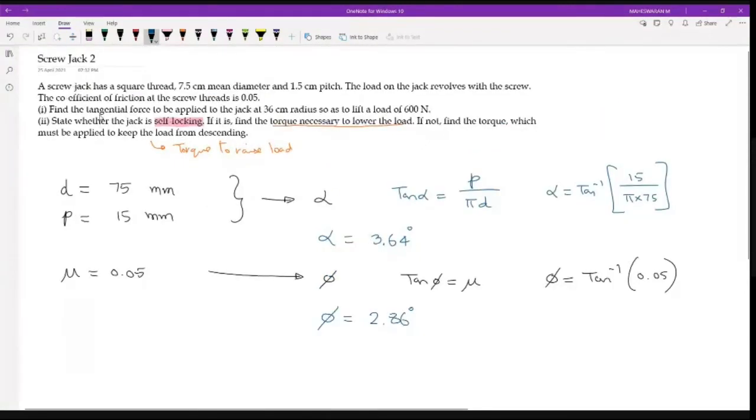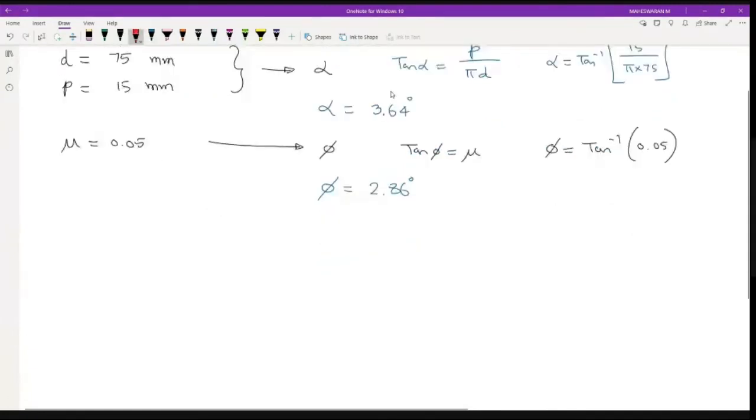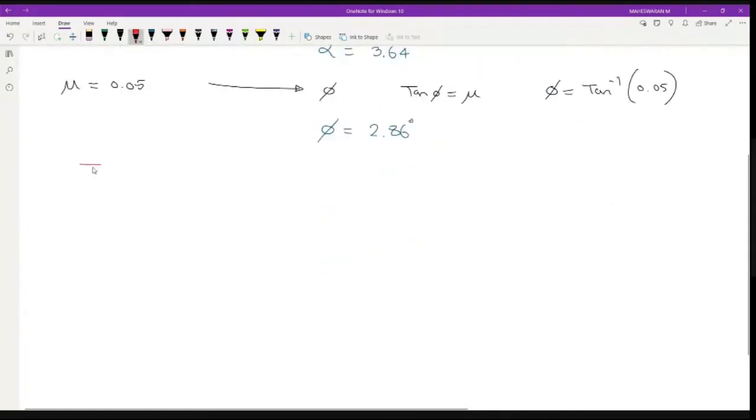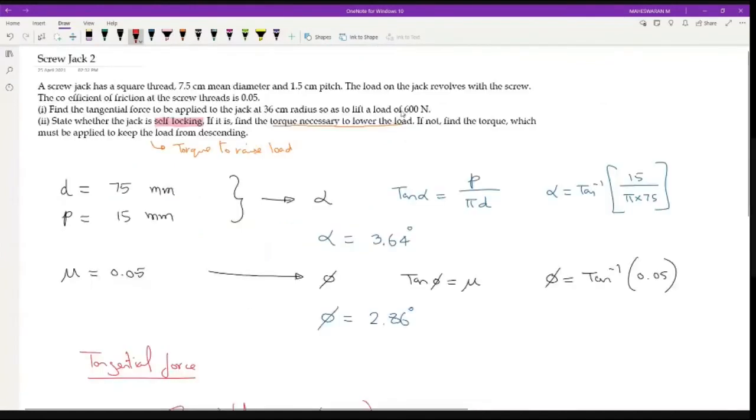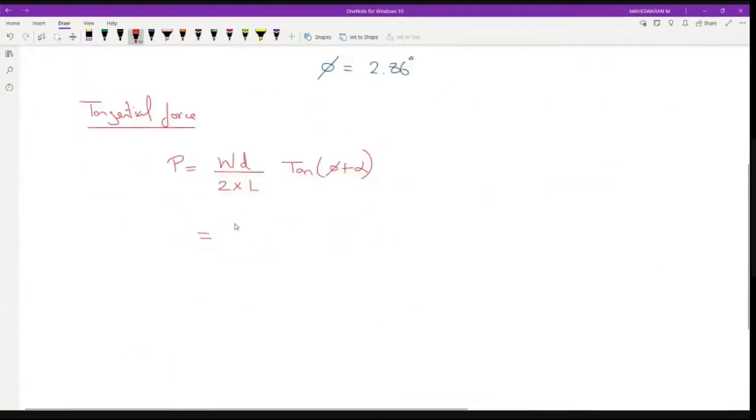Now we use the formula. They are asking what is the tangential force, which is P. This is the formula: P equals W into tan of phi plus alpha. W, it has to raise how much? I have to raise 600 Newton. So this is 600